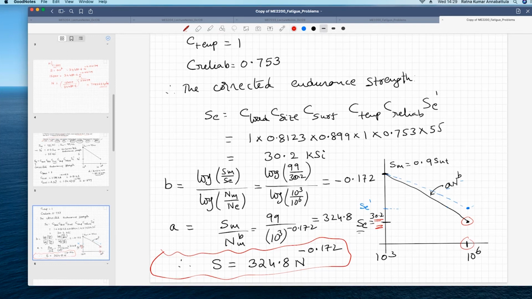Okay. I think in the next class, when we are solving the problems, we will look at the effect of mean stress and then do problems related to the effect of mean stress. Until now, we have not talked about the mean stress at all. We are simply saying that your SUT and SM are given. There may be mean stress or may not be mean stress. Here, we are not really worried about the aspect of mean stress.